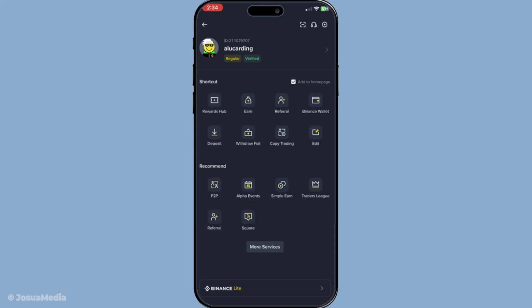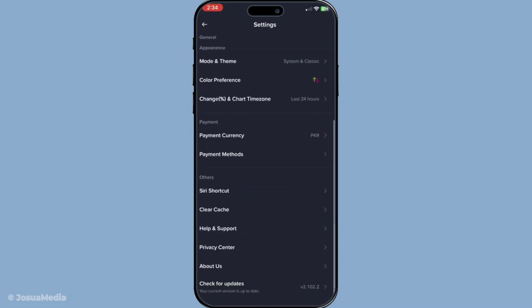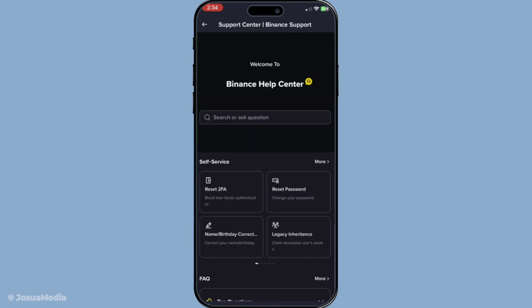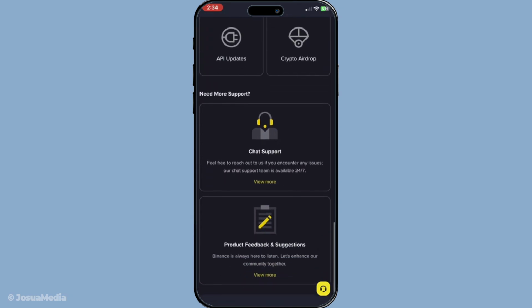Now let's talk about positioning. Utilize the front camera on your smartphone or device and ensure that your face is properly aligned inside the guide box on your screen. Keeping your face centered and maintaining a steady position will increase the likelihood that the system successfully completes the scan. If you've diligently followed these steps and the verification process still fails, it's time to reach